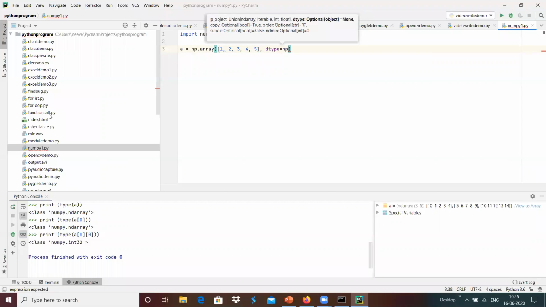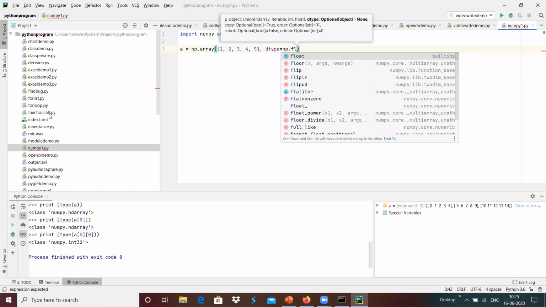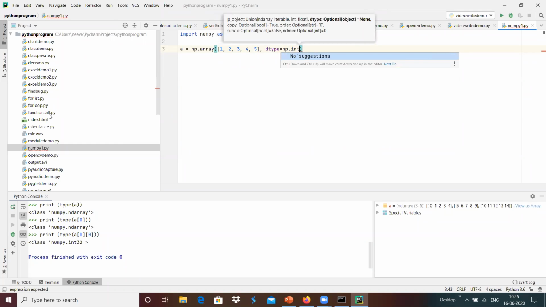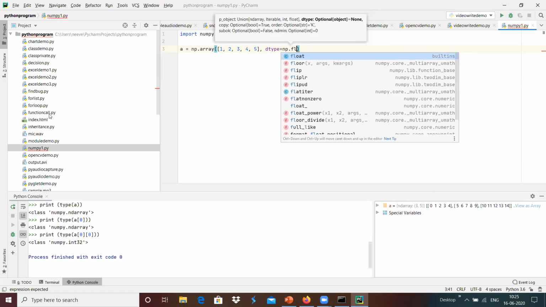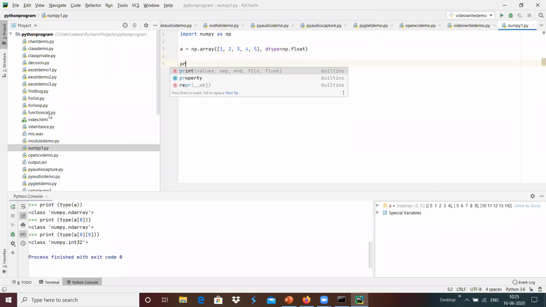Maybe I can do np dot float, or integer 32. I'm going to define np dot float over here, and once it is defined, I'm going to print a.